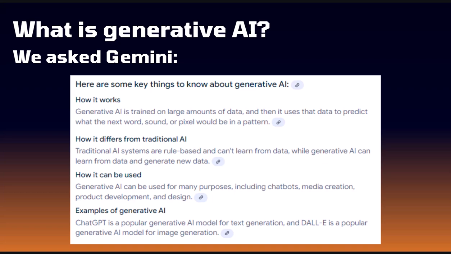Gen AI is trained on large amounts of data, and it uses that data to make predictions, as it states here in this response. And I do think it's important to note, as it points out, that while traditional AI systems are rule-based and don't, quote, learn from data, generative AI is defined as being able to learn and generate new data. Whether or not AI is really, quote, learning or not is perhaps a philosophical question for another workshop,